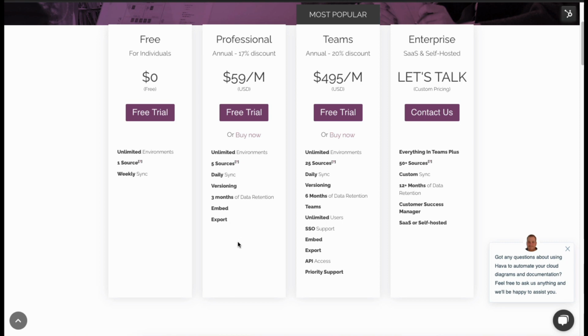The next tier is Teams. So Teams is probably the most popular plan that we have. So Teams allows you to connect up to 25 data sources to your account. You can also sync daily. This happens automatically. It has versioning that's retained for slightly longer, so the Teams plan will hold historical data for 6 months for you. The Teams plan also supports teams, so once you create a Teams account, you